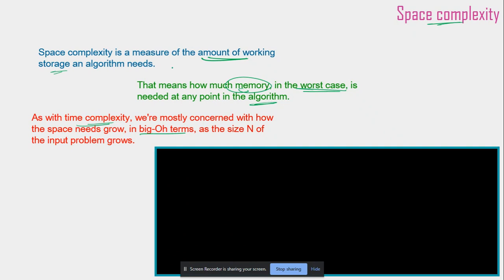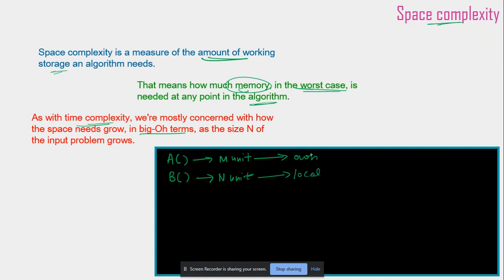Let me explain with an example. Let us consider we have a function a which is taking m units of space. That is just a general example. Again, we have a function b which is taking n units of space. The difference is that b is taking its local space, and function a is taking its own space.